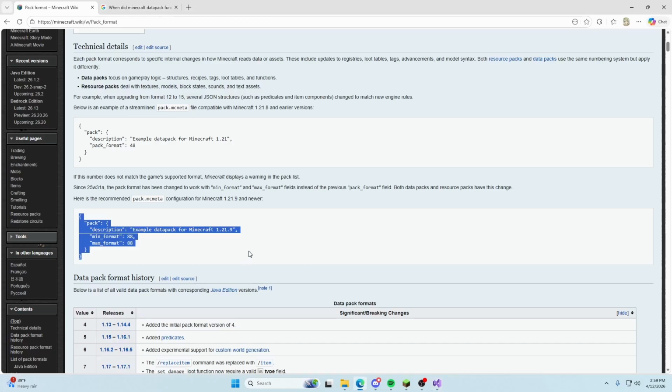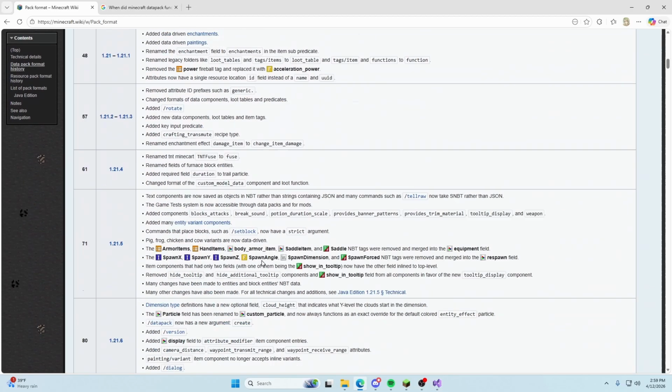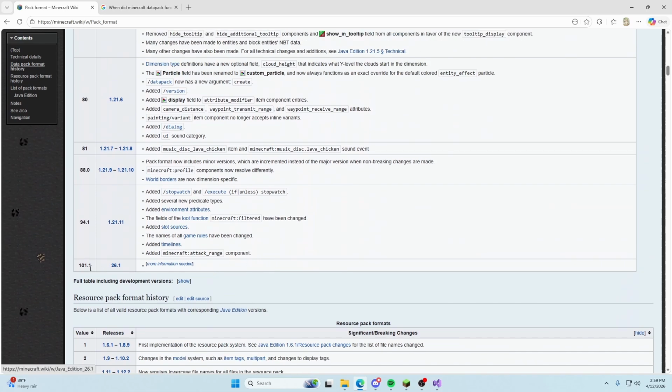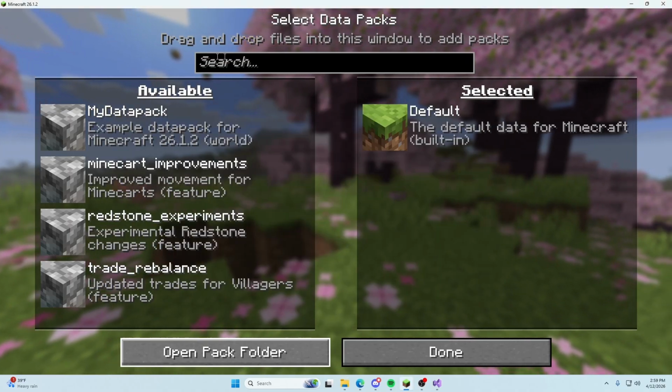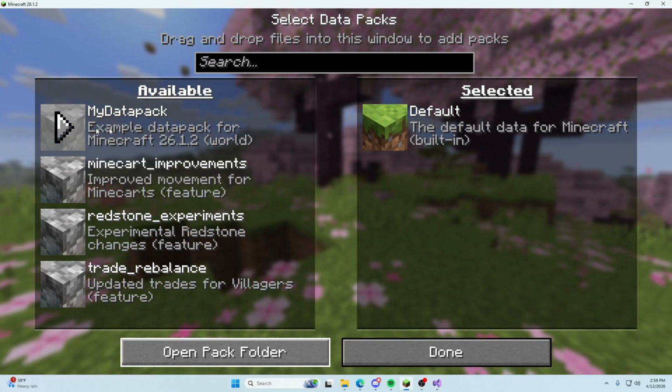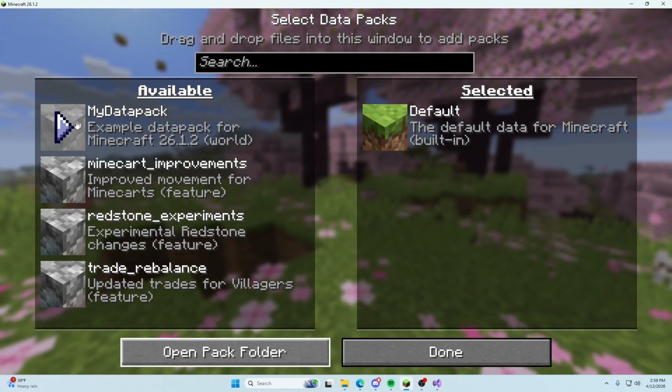Now you will find the correct value that represents the Minecraft version you are using. For me, that's 101.1. Replace the number with the one for your version. Feel free to edit the description to what you'd like. Never forget, always save. Back in Minecraft, under Available, you should see your data pack with a description that you